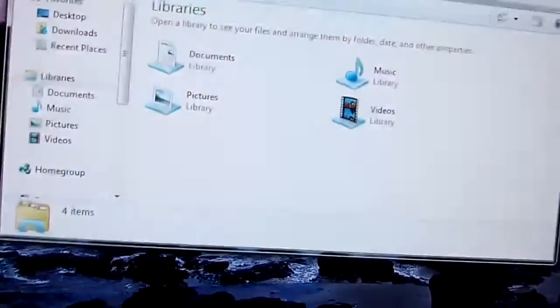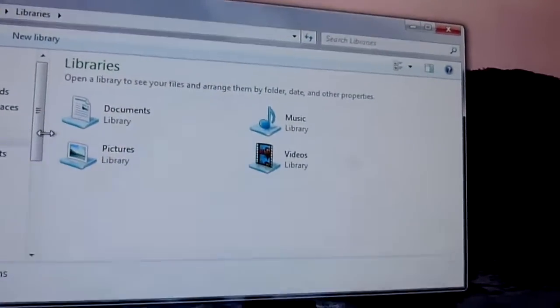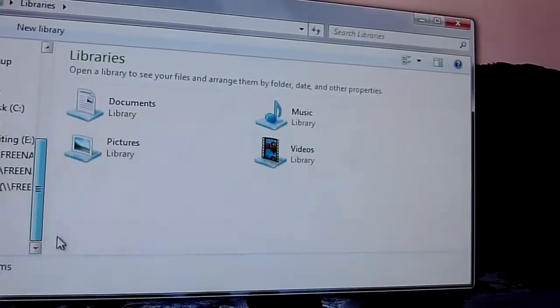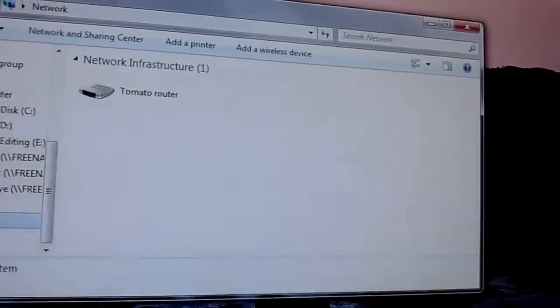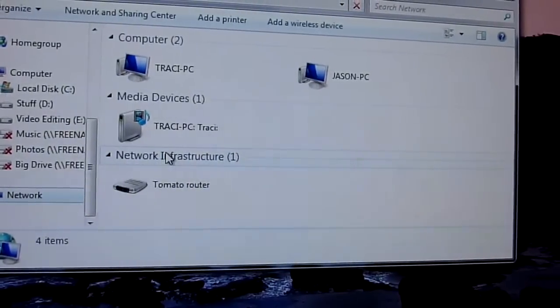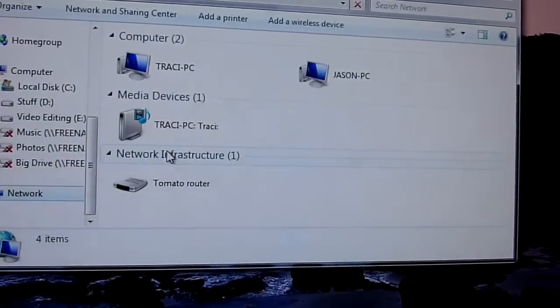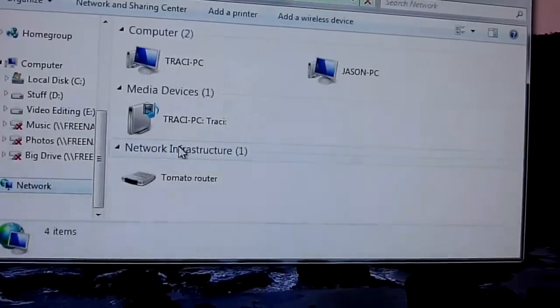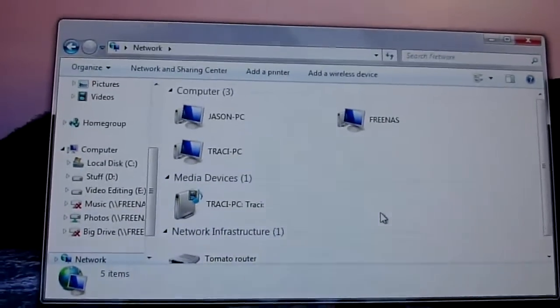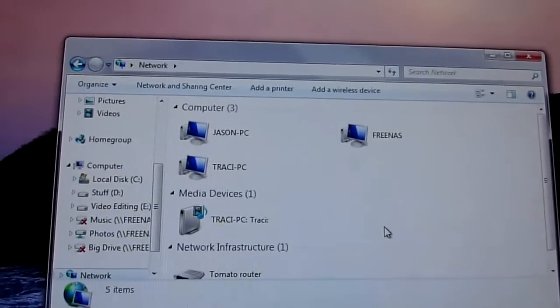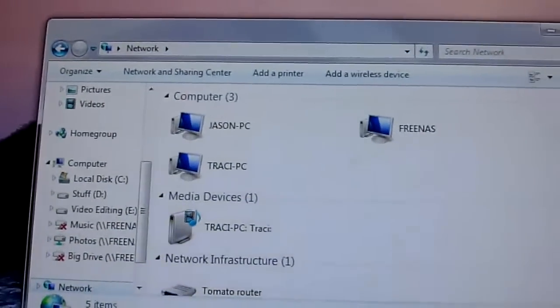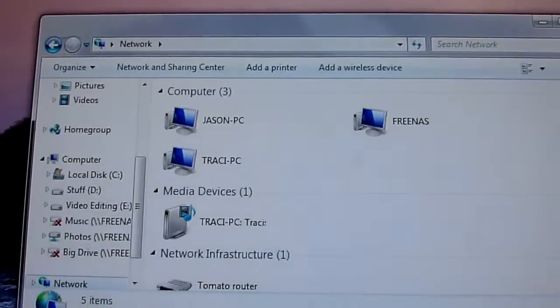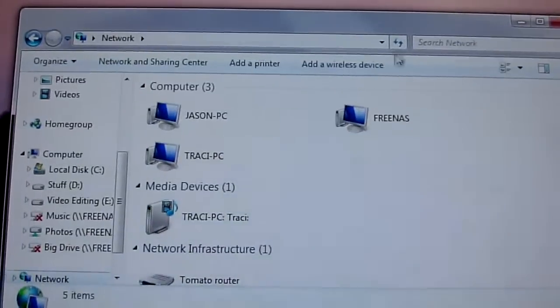So I'm going to open up Windows Explorer. Watch it not work. All this work would be for nothing. I'm going to go to Network, see what shows up. Come on, don't fail me now. Yeah, of course it was the fault of the Windows machine. If all else fails, reboot Windows. That's what I just did. So again, you might need to reboot all the Windows machines on your network for them to see the new